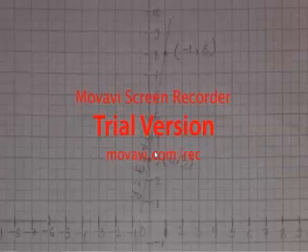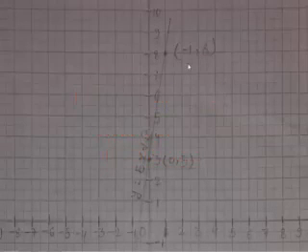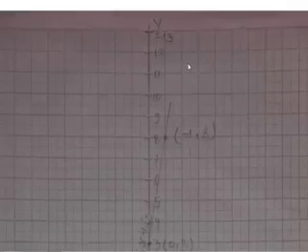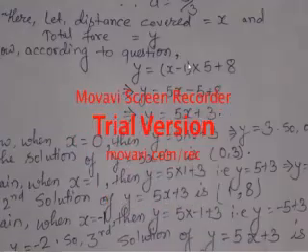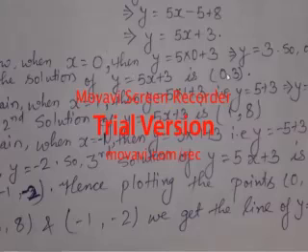Now, 0 comma 3 it is, as we had done, and then for 1 it is 8,